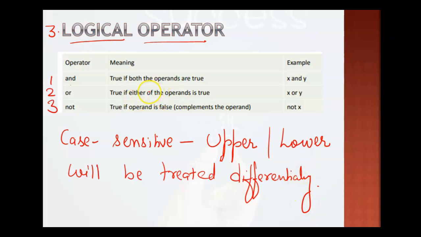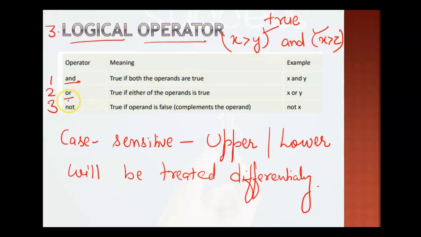So in that case, you have to remember, if the spelling of and is in small letters, then you also have to write it in small only. Then you have or. And means both, this and this. So the left hand side and the right hand side should both be true. So x and y. Otherwise you can take a condition like x is greater than y and x is greater than z. In that case, if both of these conditions are true, then you will get a true result, otherwise a false result. So this is the logical AND operator. Again, I am repeating, if both of the conditions are evaluating true, then it will give you the true result.